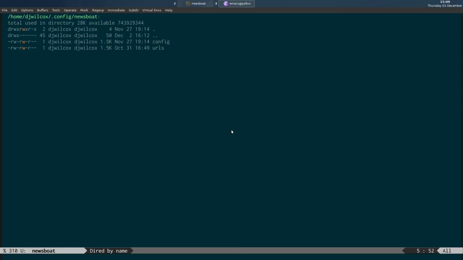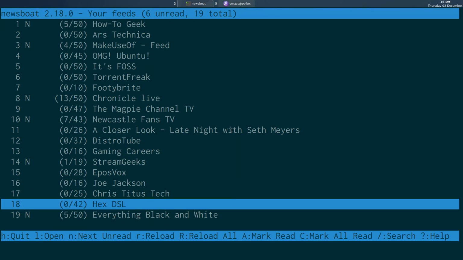So that's basically how you can use Newsboat to subscribe to different YouTube RSS feeds for channels or playlists, and then create a macro that you can execute with a keyboard shortcut to either open the video with MPV player or send the link across to Kodi and play the link. And again, this can either be an instance of Kodi running on the same machine or another machine on the network, and all you have to do is change the IP address in the script and make sure that you set up Kodi to